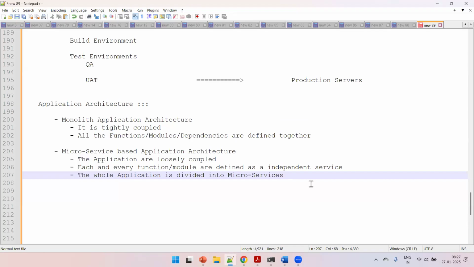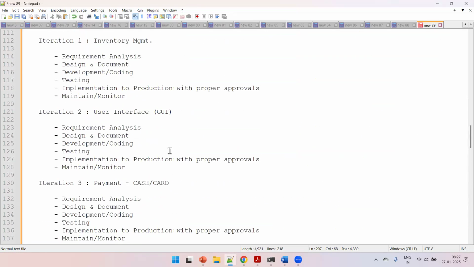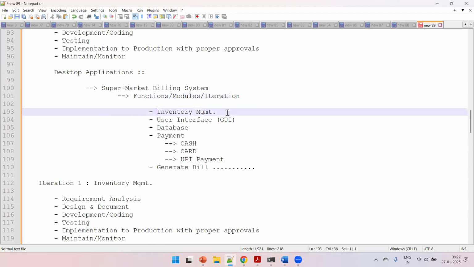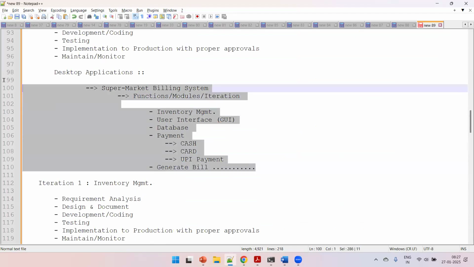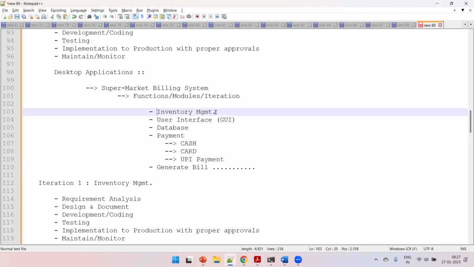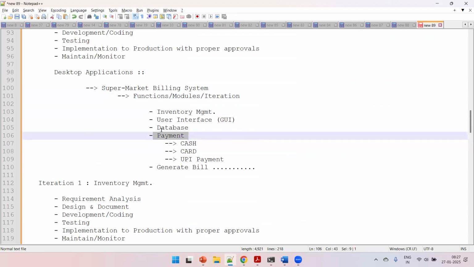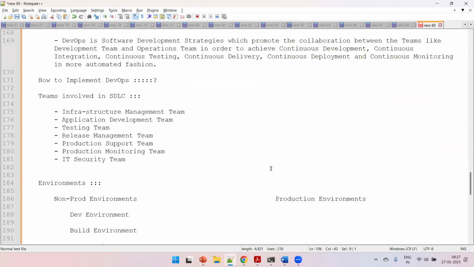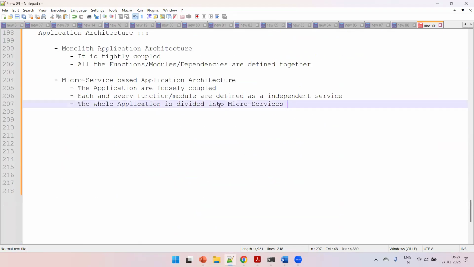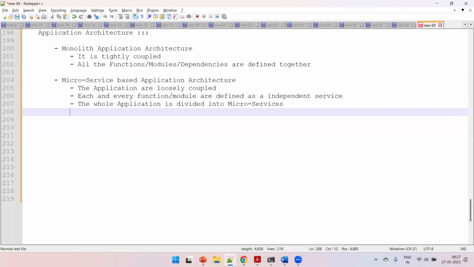Small pieces, small services. Like in your waterfall model, in this example, if you consider all this in the function, it means the same project. If you want to develop using DevOps, here we never consider a function, it is a service. Inventory management service, payment service, database service, like that. Why it is considered a service is so that it can be independently developed, independently tested and implemented to the production environment without any manual intervention. So the very important point here is to achieve